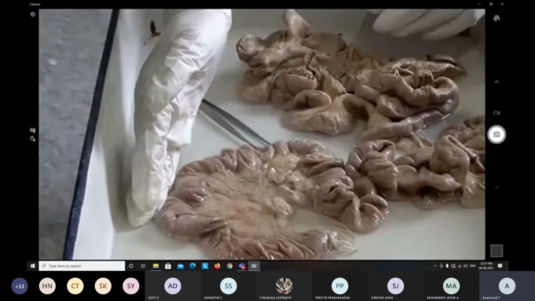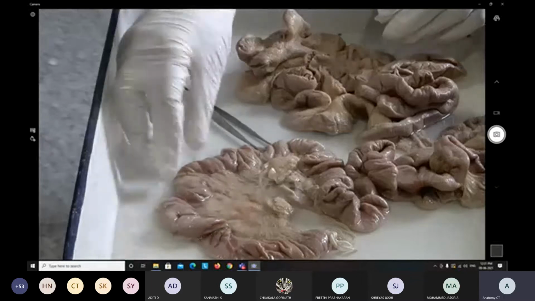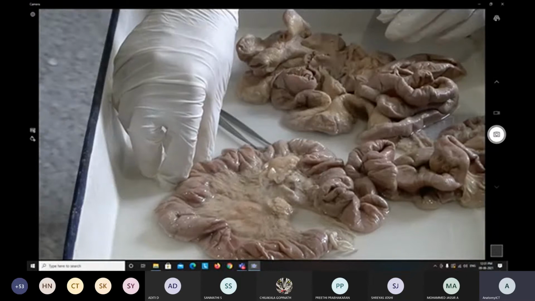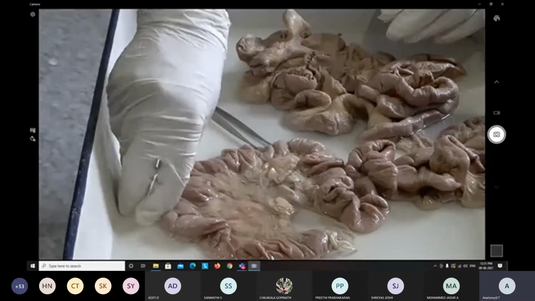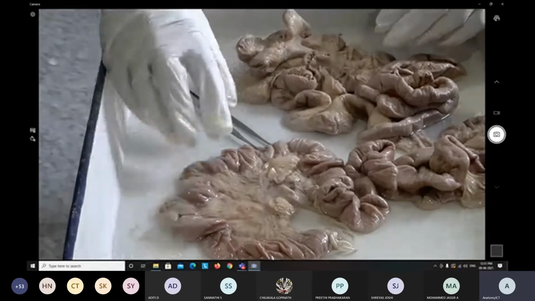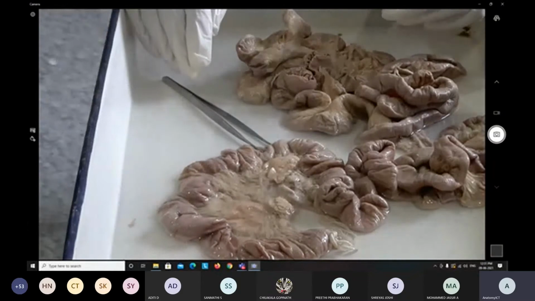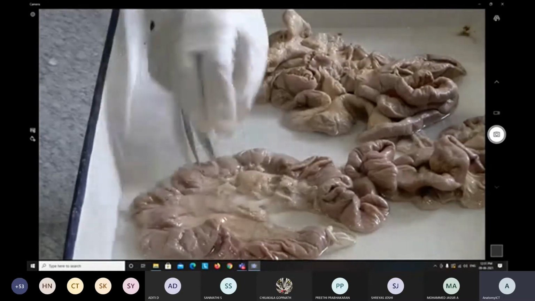On the lateral surface, from below upward, there is the ascending colon relation, and there is the right colic flexure, where exactly the twisting of the large intestine happens, and there is the right lobe of the liver. So these are the major three contents that come on the lateral surface of the second part of the duodenum. Now moving towards the third part and its relations.